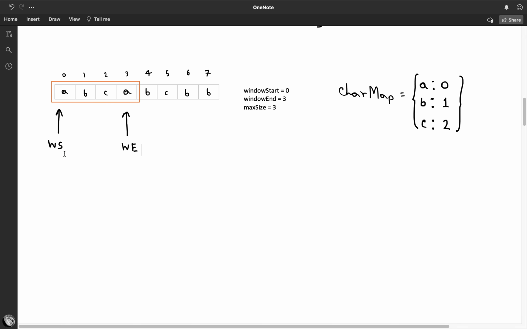So I've been using the same window start since the beginning, but now that I found a duplicate here, that means I have to shift my window start, right? And how do I do that? The way I do that is I take the maximum of the current window start. So I would have to update my window start. So I update my window start,